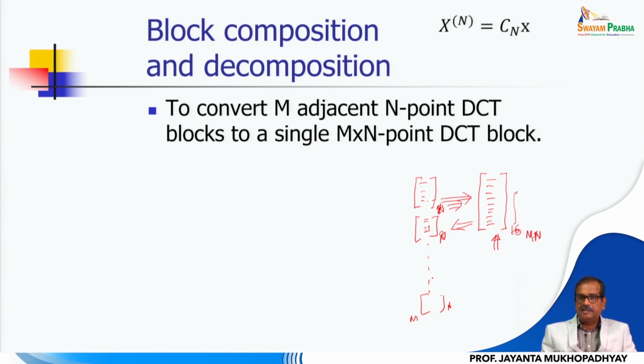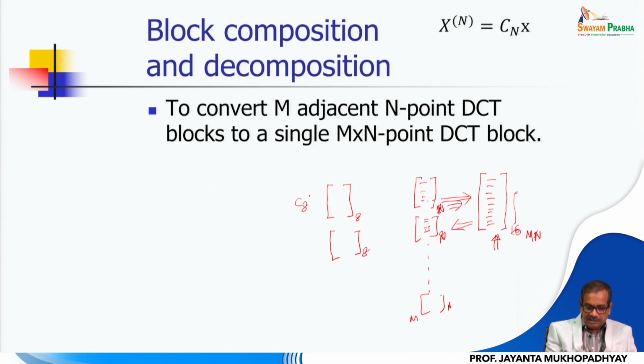Now we can show that this can be done equivalently using linear operations in the transform domain itself, directly in the transform domain. Let us see that the solution lies with the composition of matrices, matrix operations directly with your transform domain coefficients. Let me explain this part. For example, I am merging two 8-point DCT blocks. So what I am doing here,